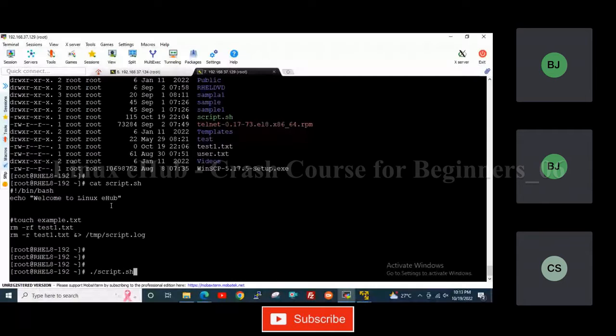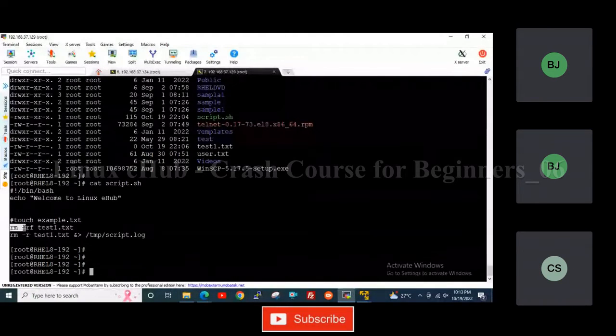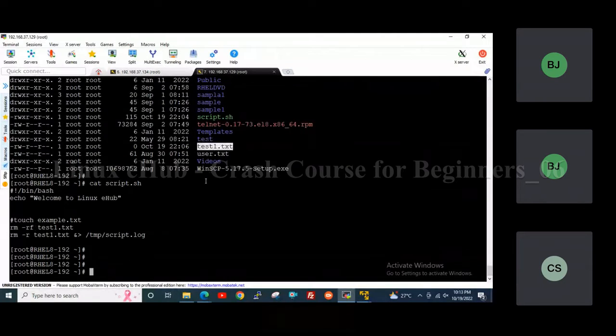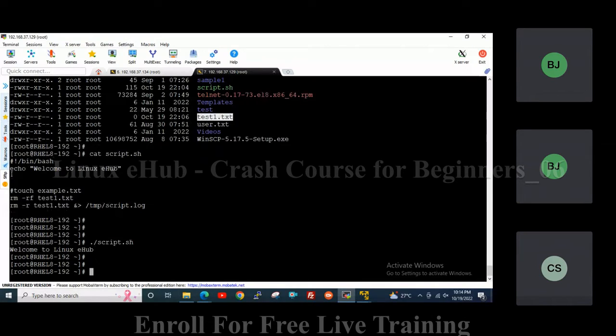Before executing this script, please check, I have to remove a text file. So you can see here I have created a text file. Now let's check the script. You can see this command is executed, echo welcome to Linux eHub. So here it is showing the welcome to Linux eHub. Then it will go to the remove command. Now check